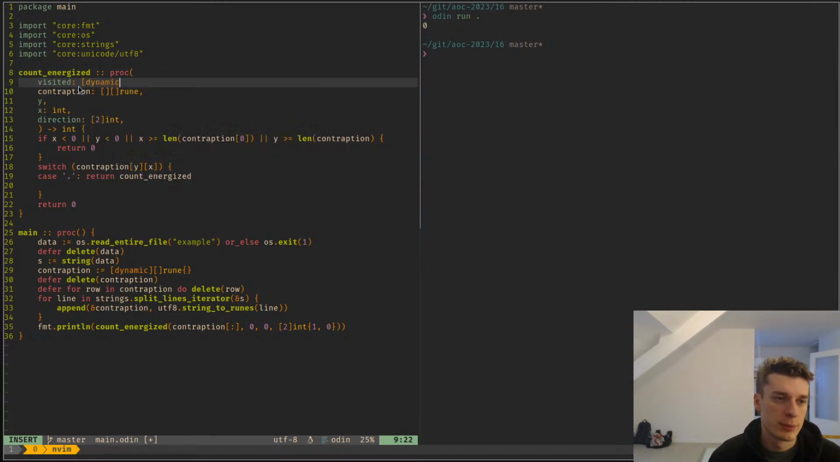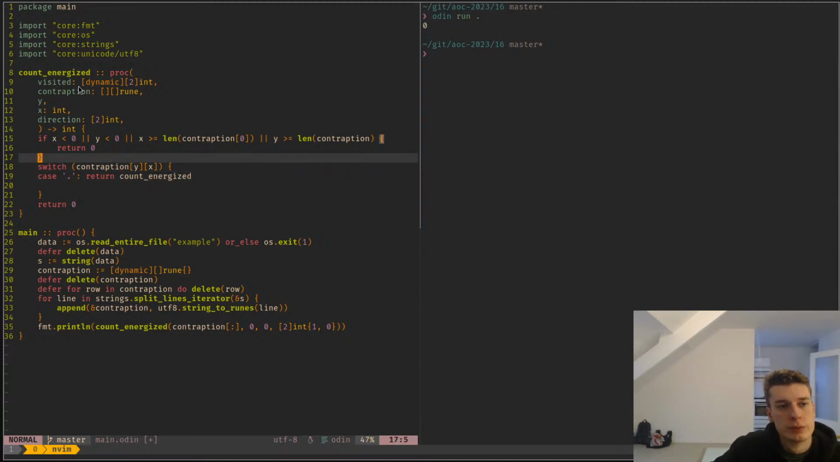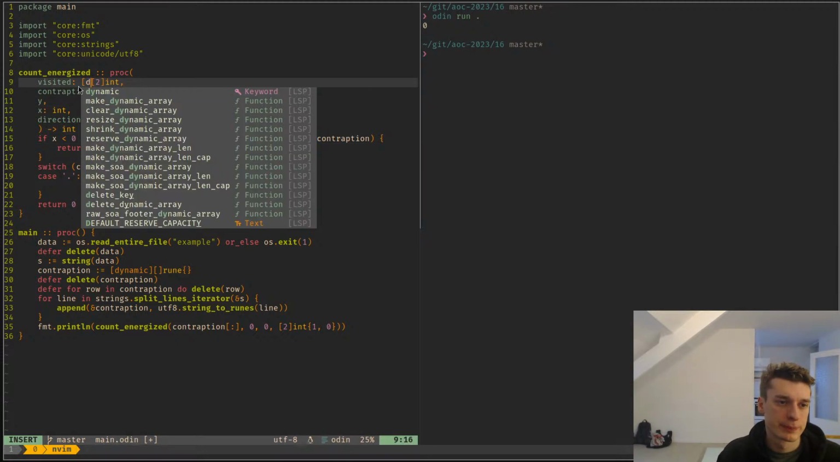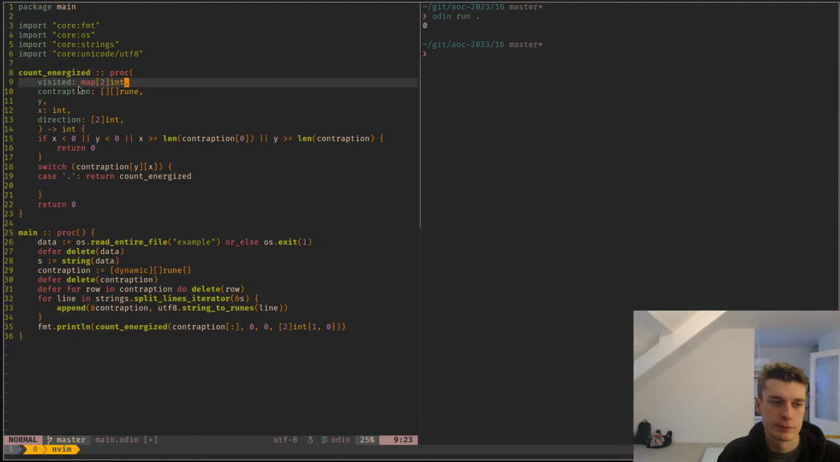Visited is a dynamic array of this int. And let's make this a map. Can I do a map with this? So I need to have a map like this that is... Yeah, I want a set to make a set. And what I want to do is